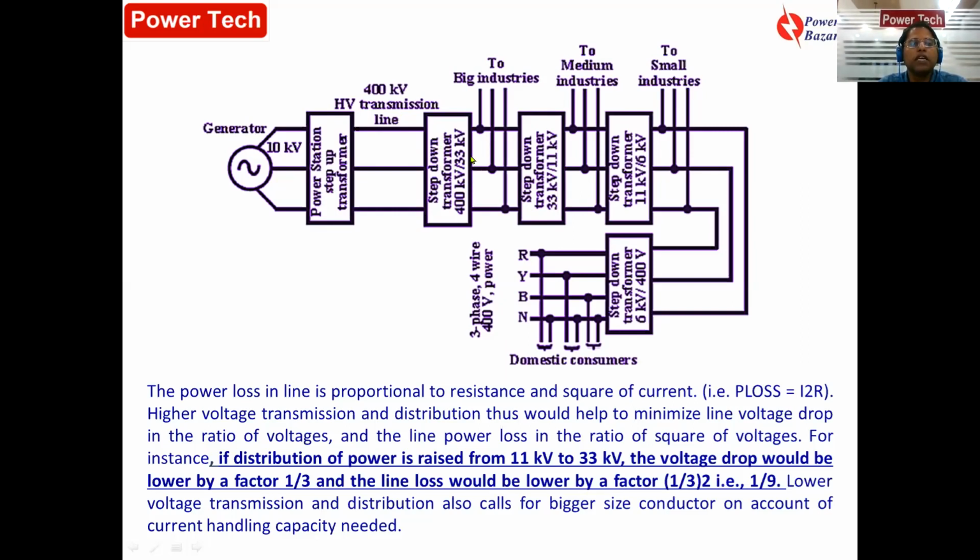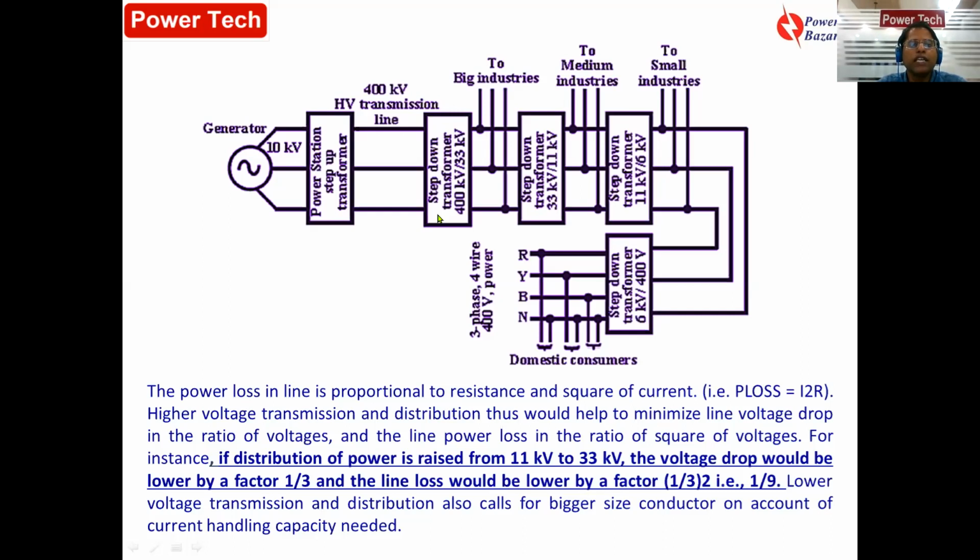And this 400 kV to 33 kV, this 33 kV voltage you can give to bigger industries. Even some industries take 400 kV and they themselves install another substation inside their plant boundary to reduce the voltage from 400 kV to 33 kV. So bigger industries, a bigger steel plant, can take 400 kV, 220 kV, 132 kV as well. But basically the medium scale industries or the big industries can also take 33 kV supply. So depending upon their requirement, they can either take 33 kV or 400 kV.